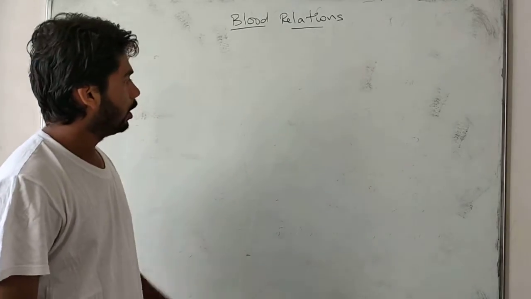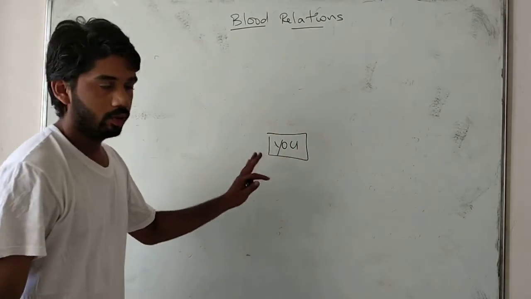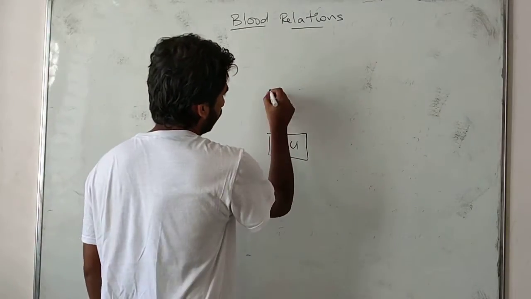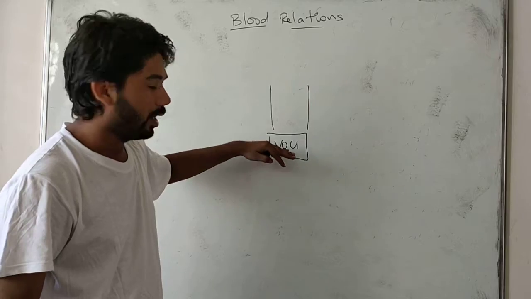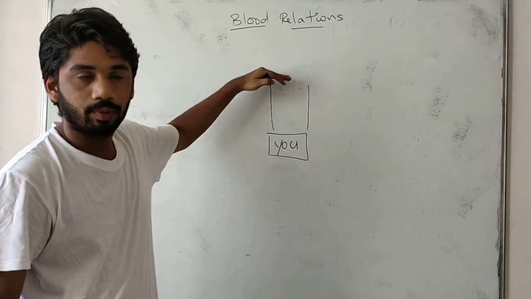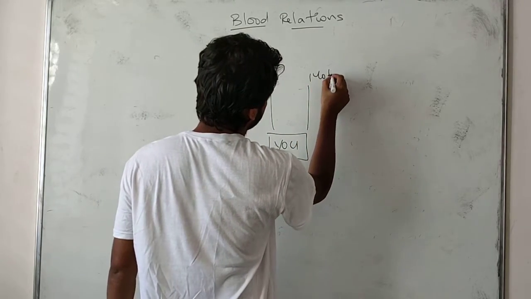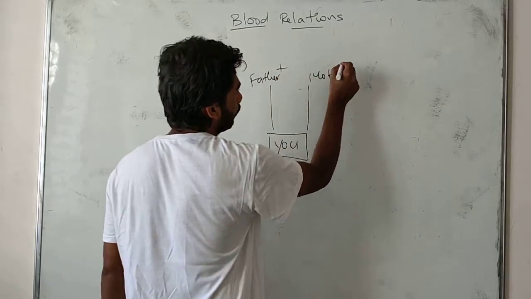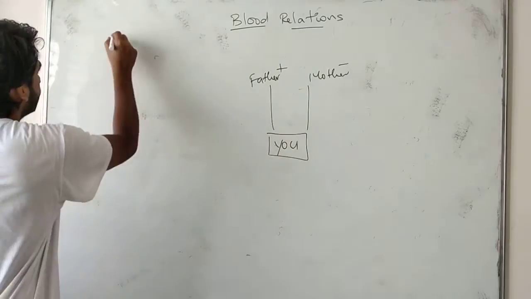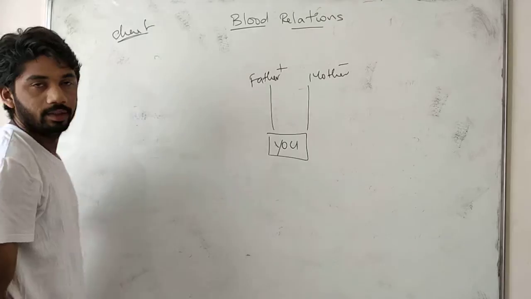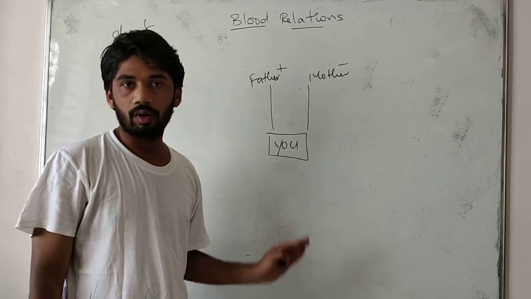Now I will tell you the relationships. You will be there. Father and mother: father means top, younger means you. So your upper portion will be top, and your father will be on the top. For father I will be taking plus, for mother I will be taking minus. This is the basic chart of your family. I will be saying all the niece, nephew, cousins, all will be there. It will be helpful for the chart.